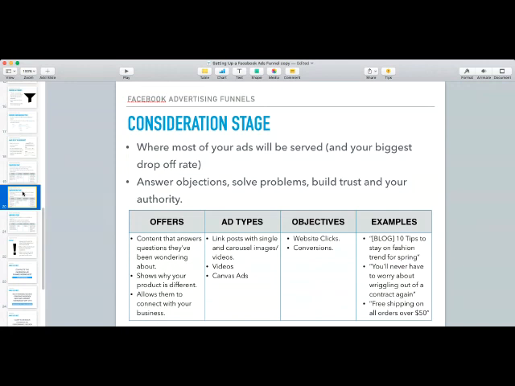Around examples for content that you can put in front of them, how you talk to people in this stage is really just pushing the value aspect and getting a reaction from them, like, this isn't my strong suit. This might be an example of, 10 tips to stay on fashion trend for spring, or something like that. Maybe,